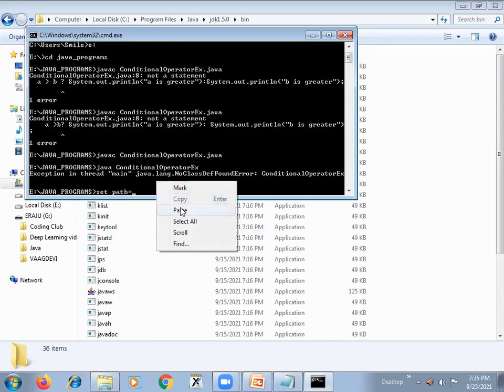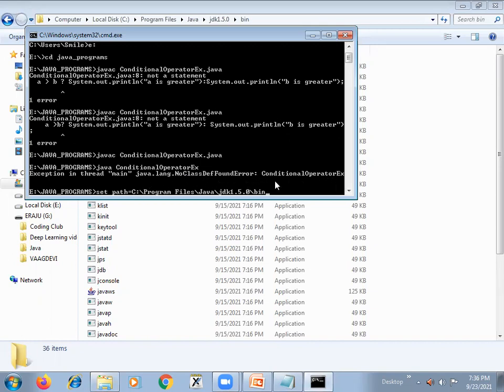Why do we get that kind of line in the middle of the program? Before, the program was not executed. There was an error, the class file was not created. Now the dot class file is created, and we are trying to execute that dot class file. Then it is saying that no class definition found.